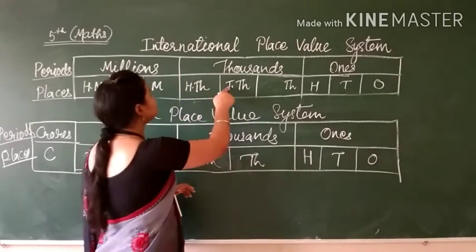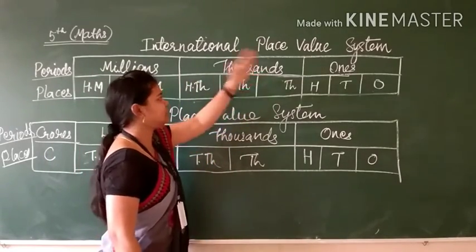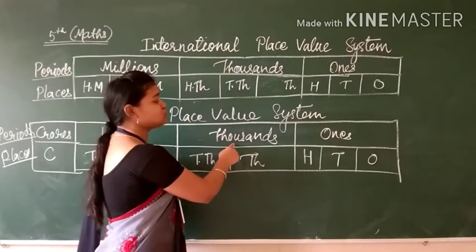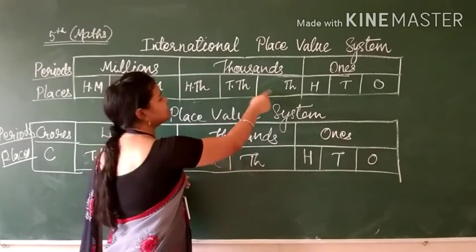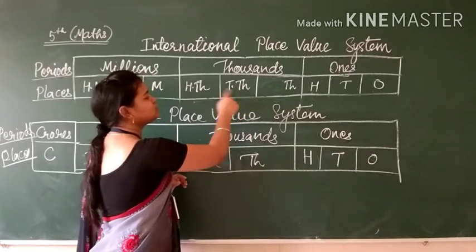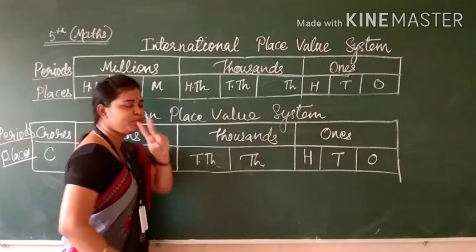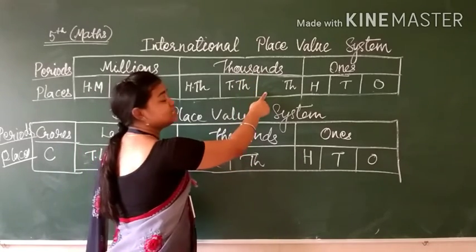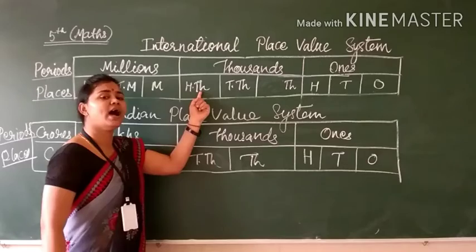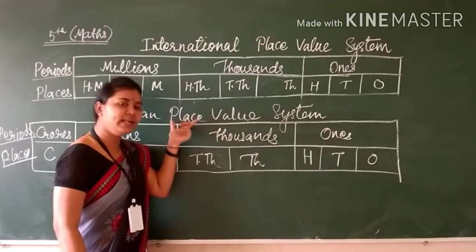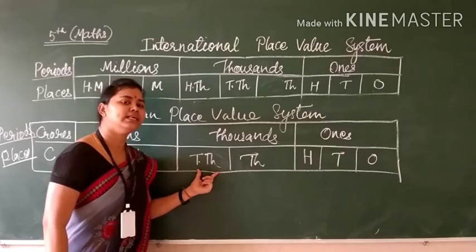Now, the international place value chart is having the thousands period second after ones. Here also thousands. This is same, but one difference is here. This is divided into three places, and in the Indian place value system it is divided into 2. So in thousands in the international place value system it is divided into 1000, 10,000 and 100,000. But in the Indian place value system it is divided into two parts, 1000 and 10,000.